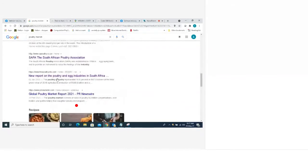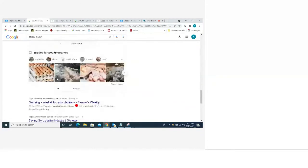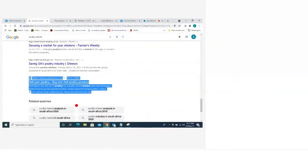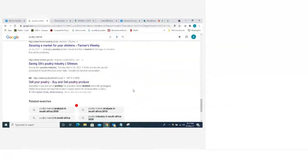And also, if you see, we have a Google ad running, so as people are searching for poultry products like chicken, poultry, or layers, or any other poultry-related product, they will get this advert served, and potentially they can click on this advert and it would take them to the Poultry Marketplace website, where they could then find your products or other users' products. Okay, so